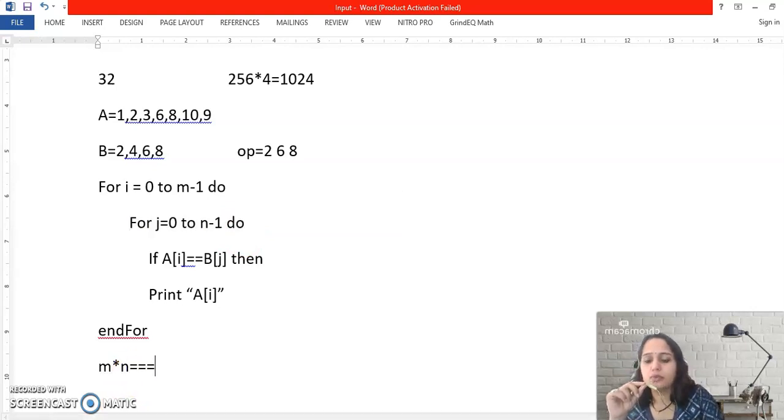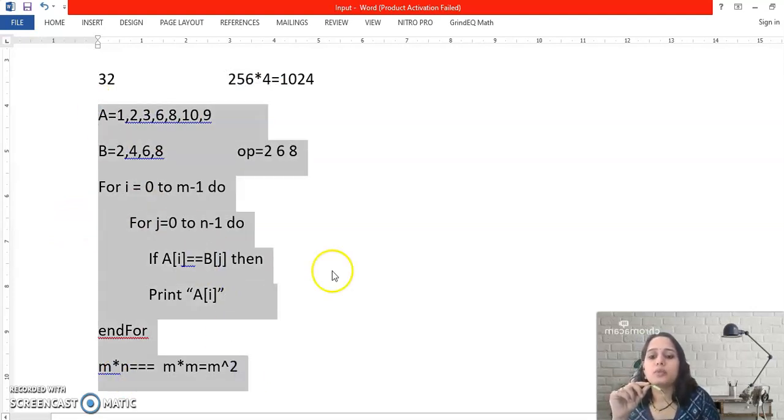As I already told you, we are considering the worst scenario. So just consider the size of both the arrays is the same. Let's say the input size and the output size is the same. It means the value will be m into m. So the value is equal to m square, or we can say it reversely also. We just consider the size of A is n, then we can consider n into n. So the value will be n square. So this is about the quadratic time programming construct.